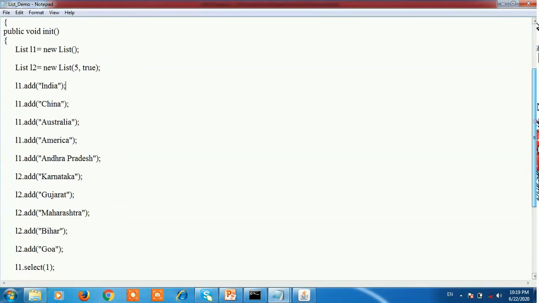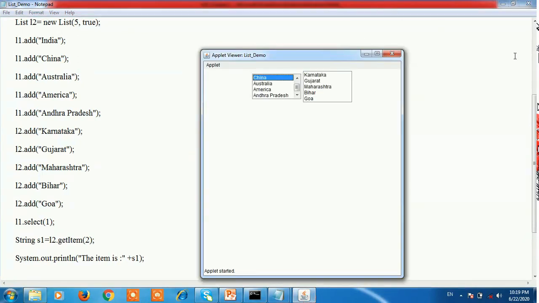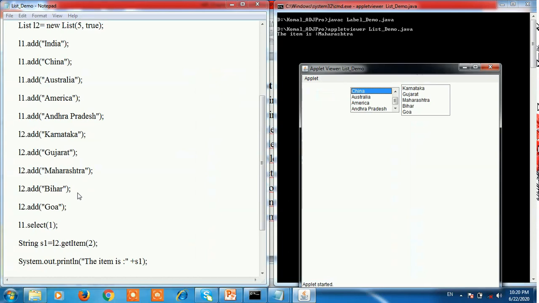Then next we use the getItem method. It returns the particular item having index 2 in list 2. See here, in list 2, the index 2 item is Maharashtra.